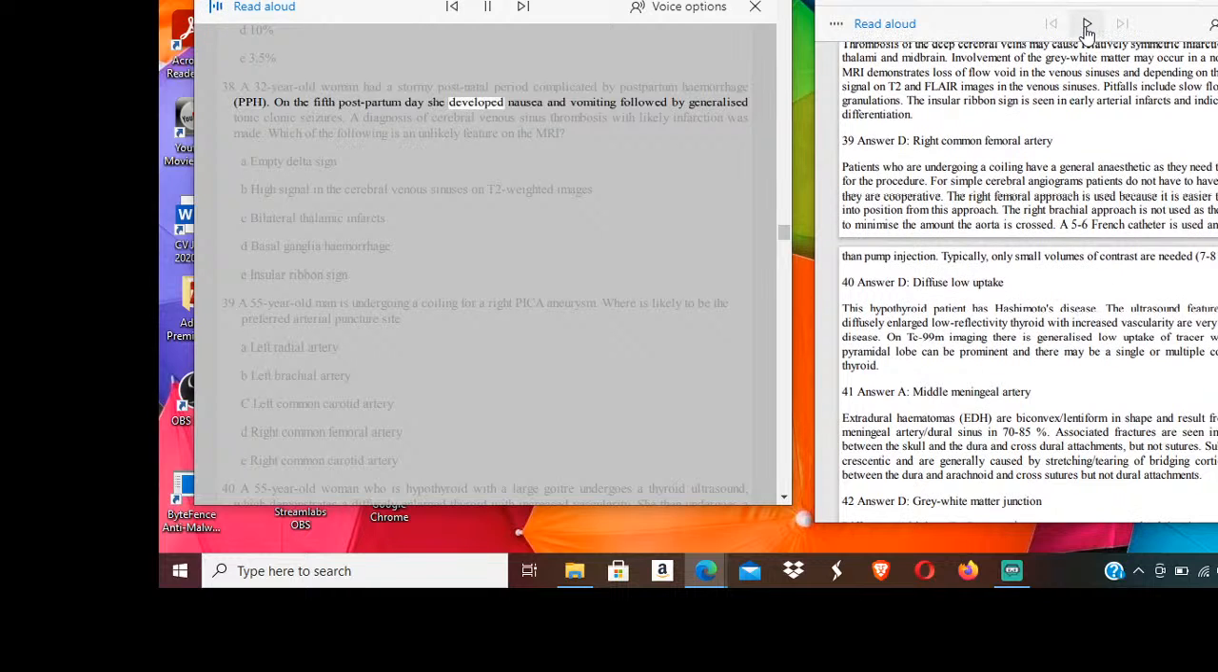38. A 32-year-old woman had a stormy postnatal period complicated by postpartum hemorrhage, PPH. On the 5th postpartum day she developed nausea and vomiting followed by generalized tonic-clonic seizures. A diagnosis of cerebral venous sinus thrombosis with likely infarction was made. Which of the following is an unlikely feature on the MRI? A. Empty delta sign. B. High signal in the